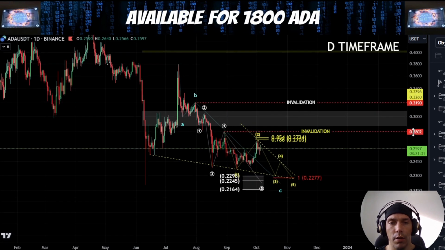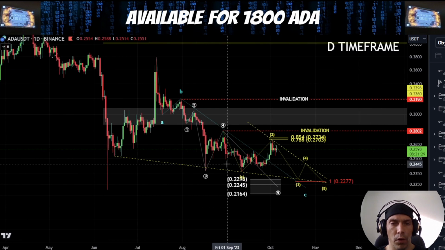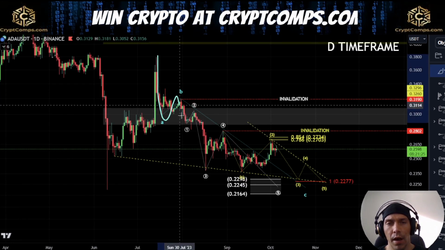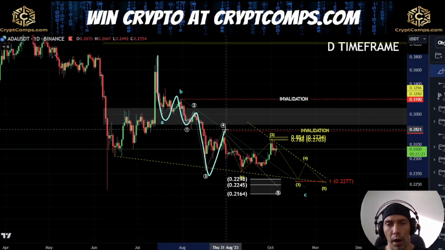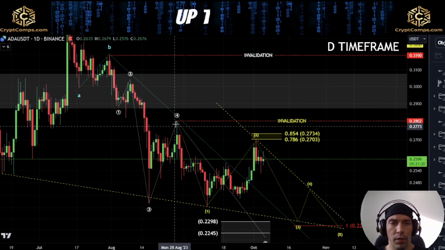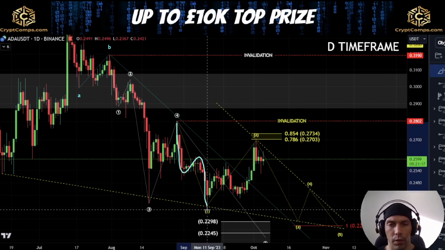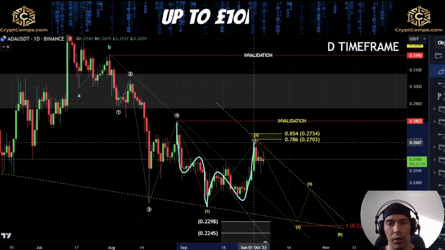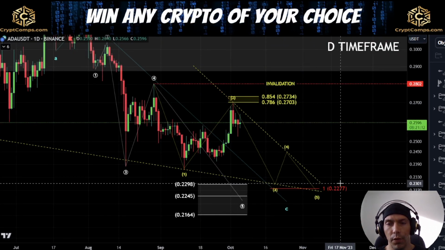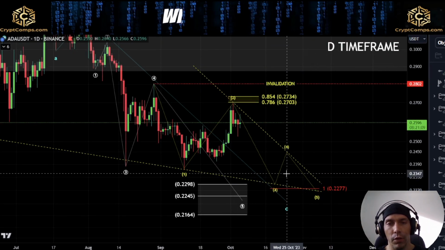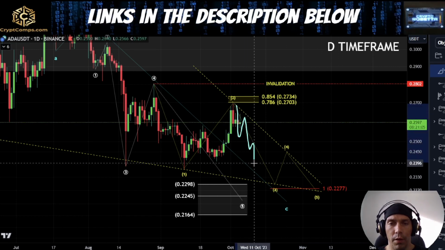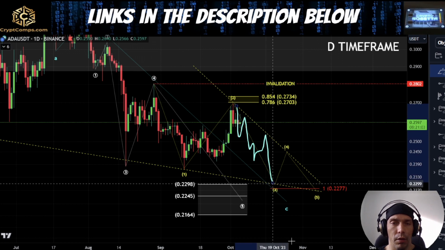Within the idea here of this being a B wave, we could also argue that internally here what we have is that this is AB, and then we have 1, 2, 3, 4, and actually what we are doing is forming a diagonal pattern. Now within this idea here, what we'd be saying is that this is potentially wave 1, this is potentially wave 2, and if we do get 3 waves to the downside which fails to push past this 22.77, we could actually see a 5-wave move develop here first, 3 waves up,